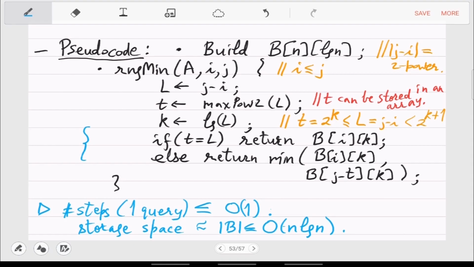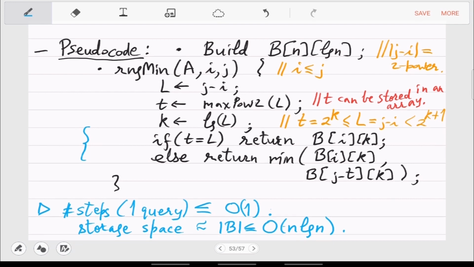So if you want to also look at big integer storage, then you should see how big those integers are. If the integers are m bits, then you have to put m here, so it will be m n log n. But this part we abstract out because we don't care. I mean, for now, this algorithm and this data structure will not care about how big the integers are.